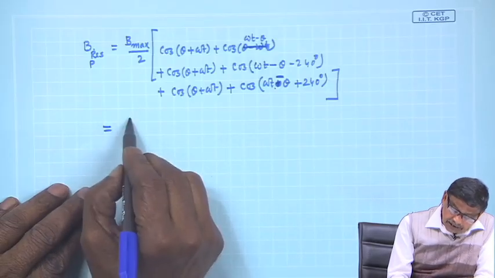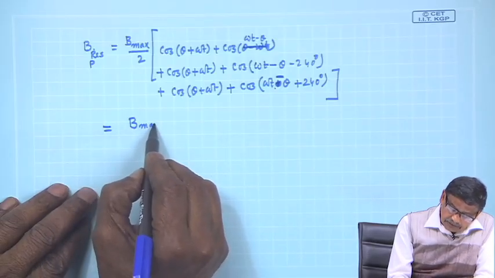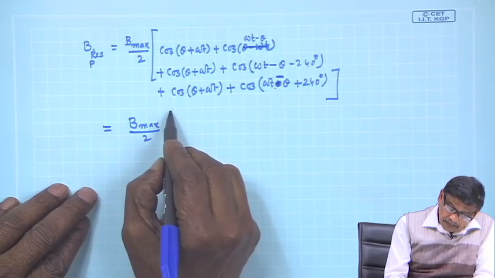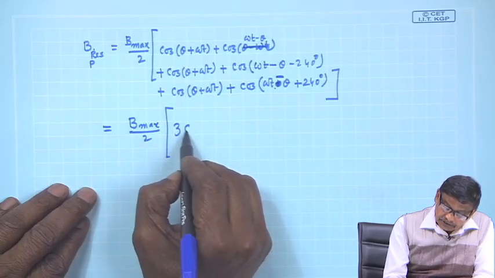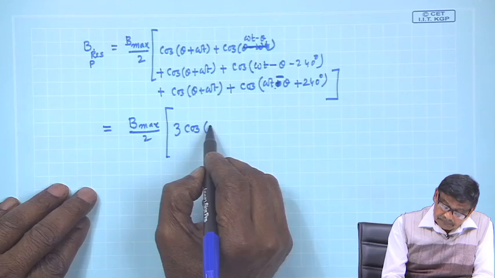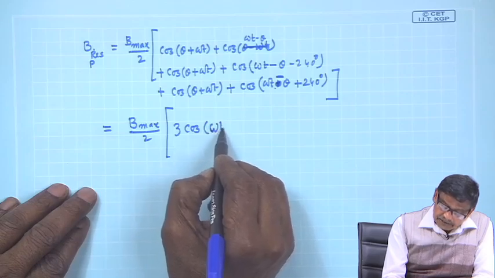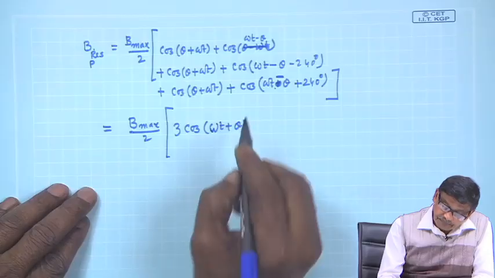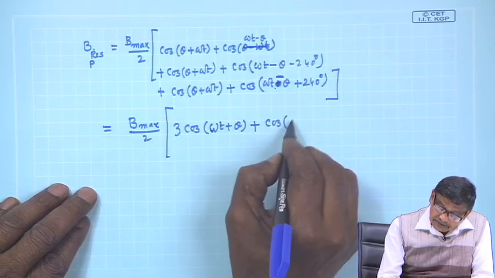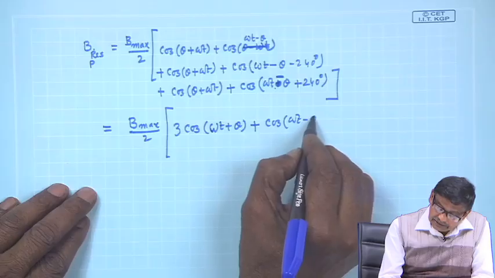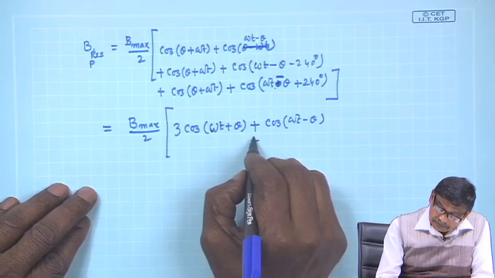So, let me write that B max by 2, this 3 of course will be 3 cosine omega t plus theta, and these things will be cosine omega t minus theta plus cosine